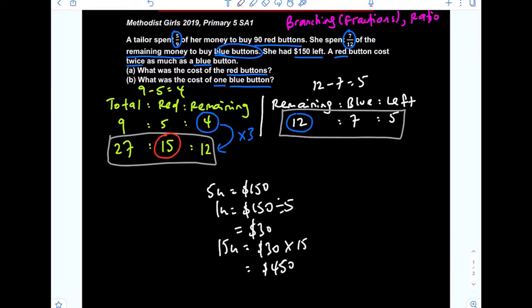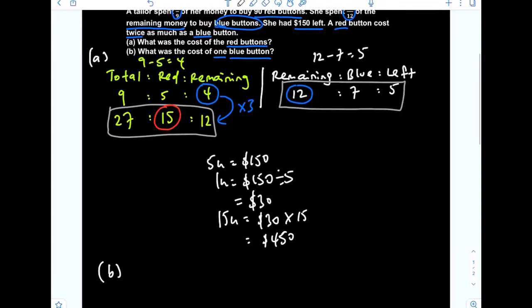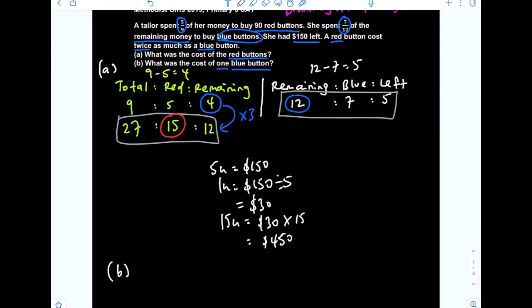Okay, now for part B, what do they want from our solutions? What was the cost of one blue button? Now what we know is that the red button costs twice as much as the blue button. So it will be good if you can find the cost of one red button first. We know that she bought 90 red buttons. So 90 red buttons